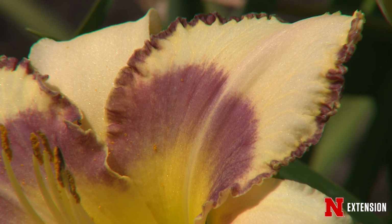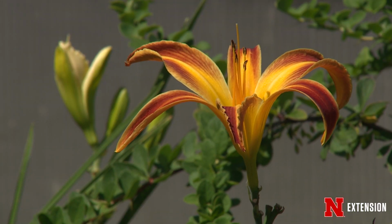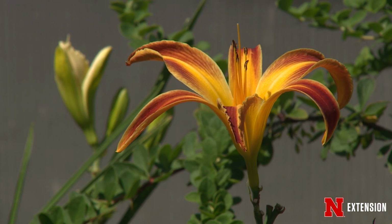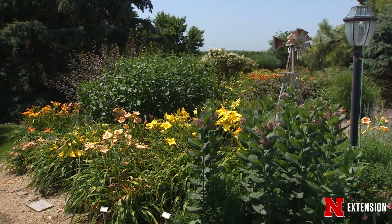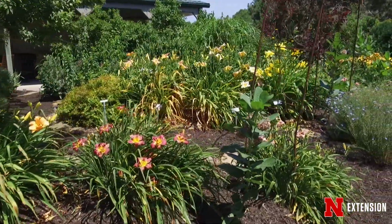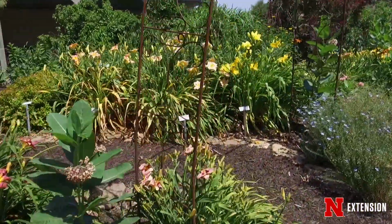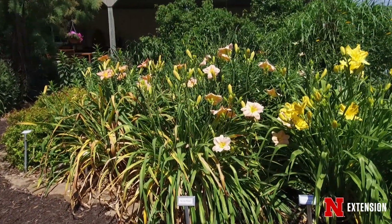And then we dig in the fall for our customers for whatever they've purchased, and that's a great time to get those bare roots in the ground growing. The soil's still warm, the temperature above ground moderates a little bit, so it's easier for those to take hold in the fall. So daylilies can be purchased at a retail center,